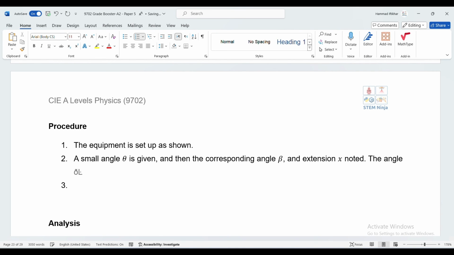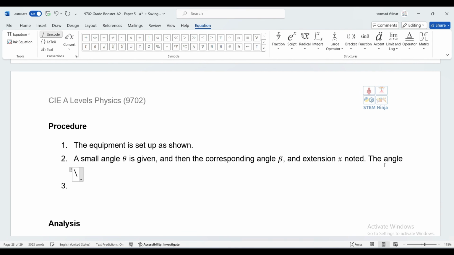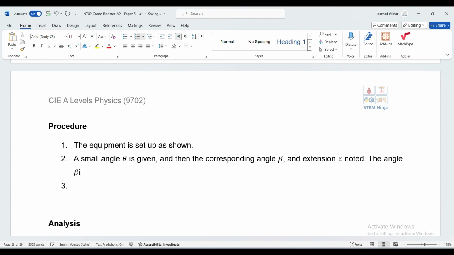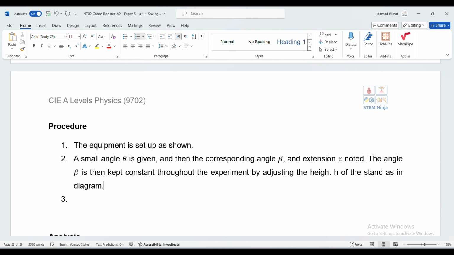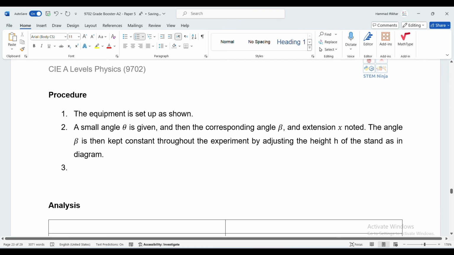The angle beta is then kept constant throughout the experiment by adjusting the height h of the stand, as in the diagram. Okay, all right. Then what we do,